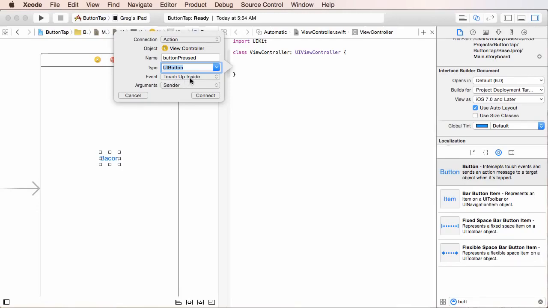Believe it or not, there are different ways that the user can interact with the button. They can swipe across it. They can just tap it. And the tap is touch up inside. I know it's kind of a weird name, but